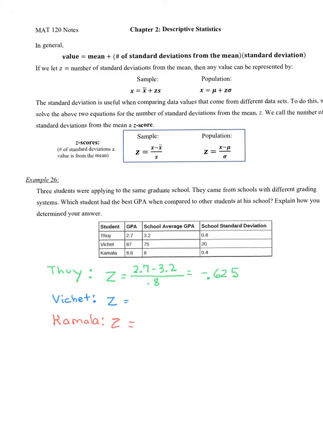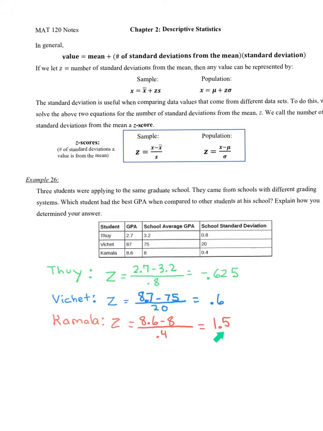We'll continue this for the following students. So our second student has a z-score of a positive 0.6, whereas our last student, Kamala, has a z-score of a positive 1.5. So this means Kamala has the best GPA since it is the most standard deviations away from